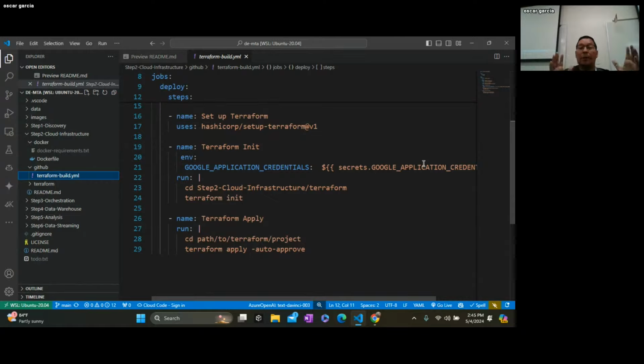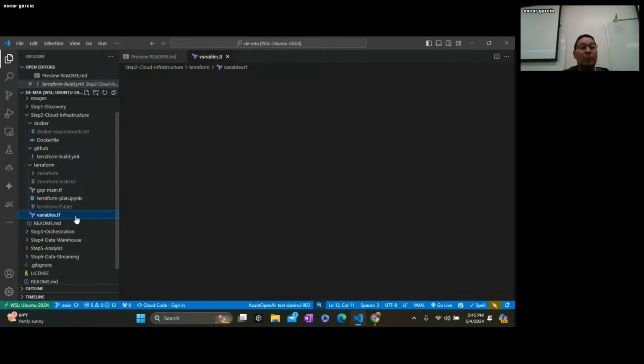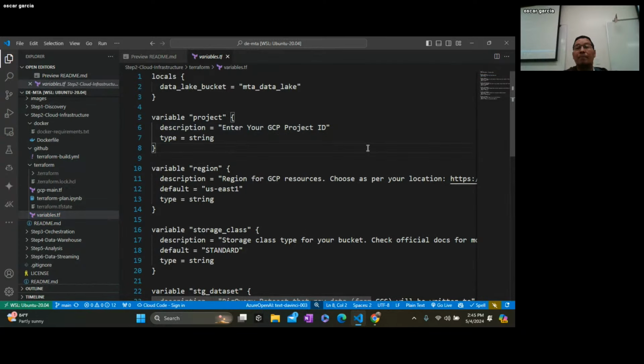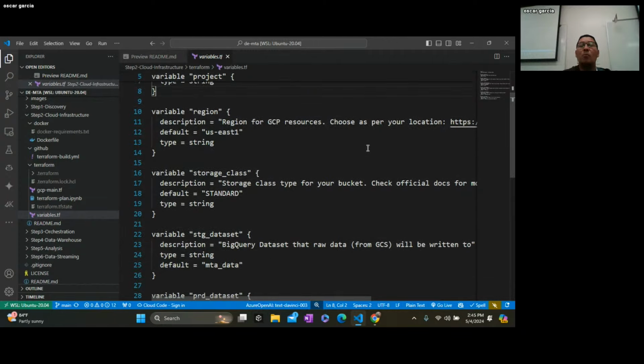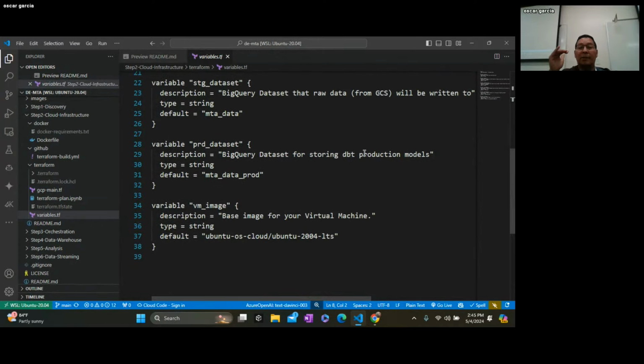So here, basically, we're going to look at the Terraform files. In the Terraform files, you will have something called variables. And here we're defining all the variables of the dependencies we need. What is the project name? What are we building? In what region? What kind of tier do we want this to be built on? Do we need one or two? And so on. So this is where you're defining all these variables,